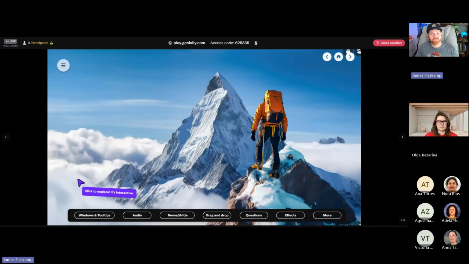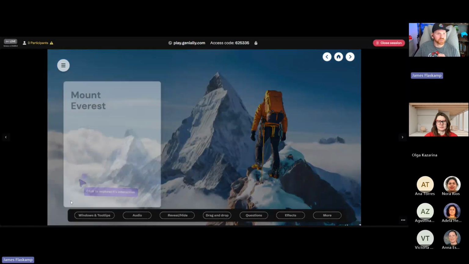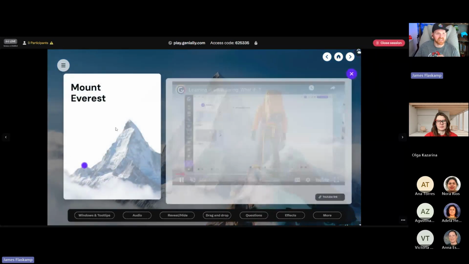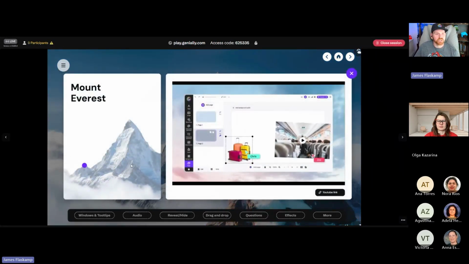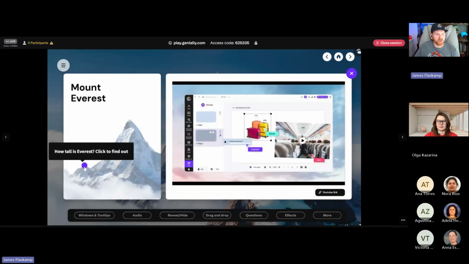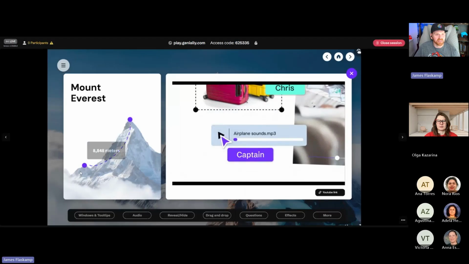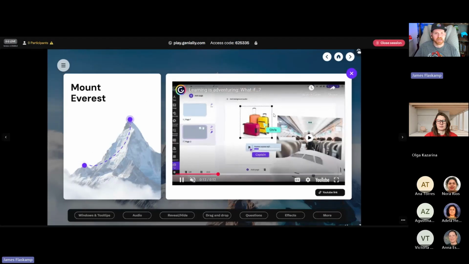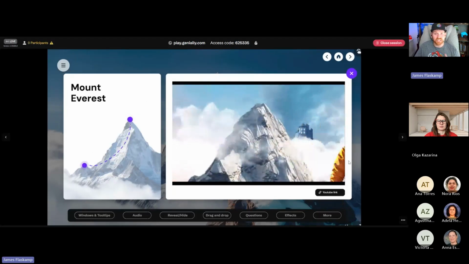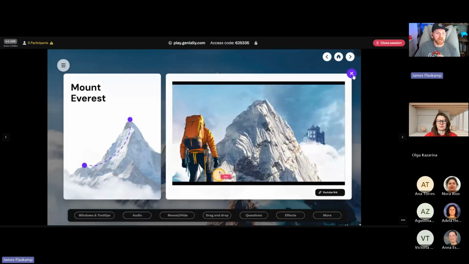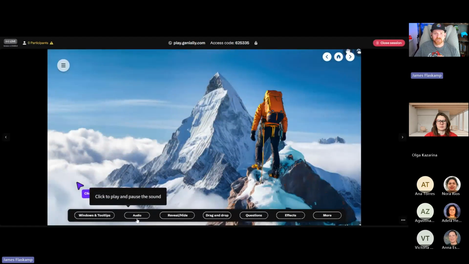And so this little thing is phenomenal because it shows you a lot of the different things that Genially can do and gives you a little bit of a demonstration of those things. So windows and tooltips, you've kind of already seen that a second ago, but we can have our little interactive windows that pop up, tooltips where you hover the mouse over a certain thing and it gives you information. You can click on things to reveal different things. You can, like I showed you before, embed videos, of course. You can add audio in to whatever you want, any page.